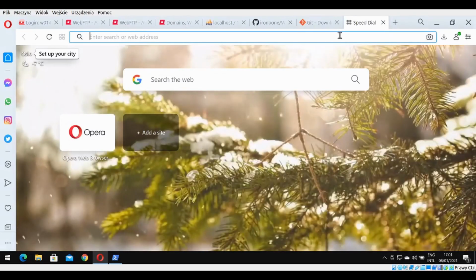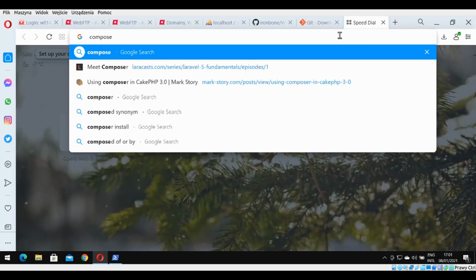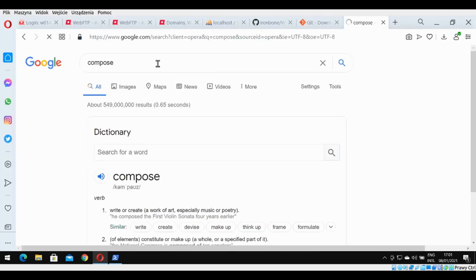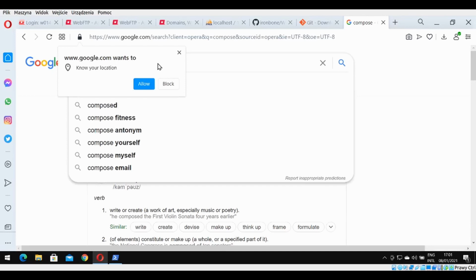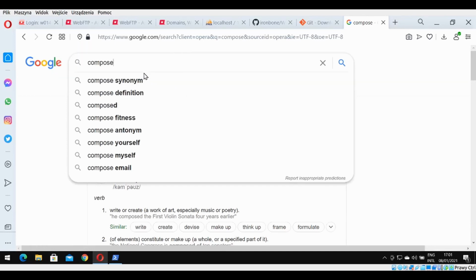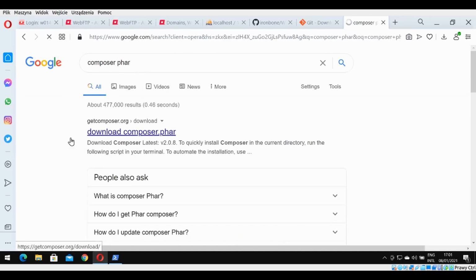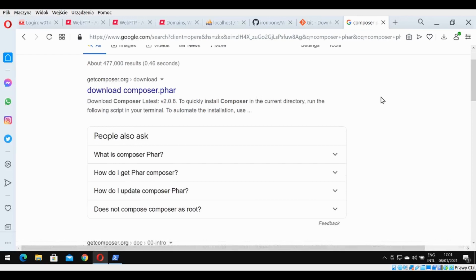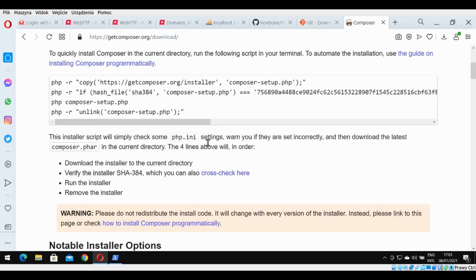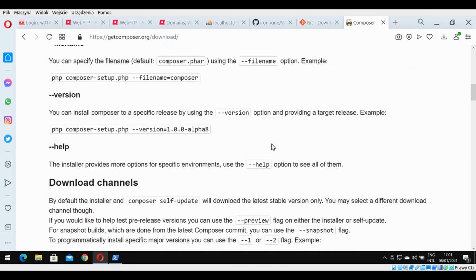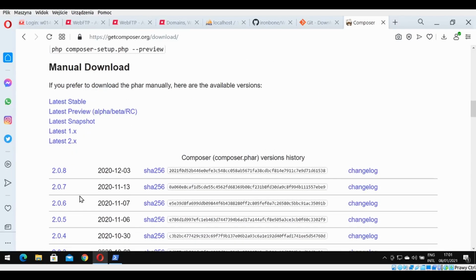So let's go to Composer. Okay, download composer.phar from Composer. We just download the newest version. There are several instructions. How can I download it directly? Okay, let's just choose this one. Yes, and download it. But now, and this will be interesting because you will do such things very often later,